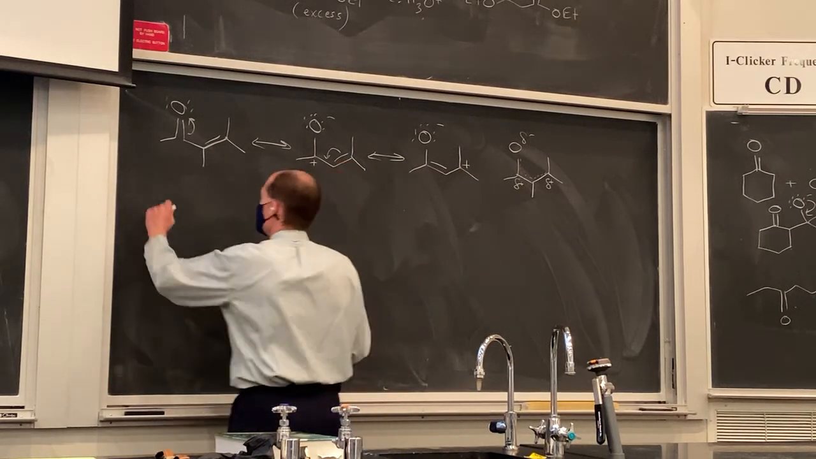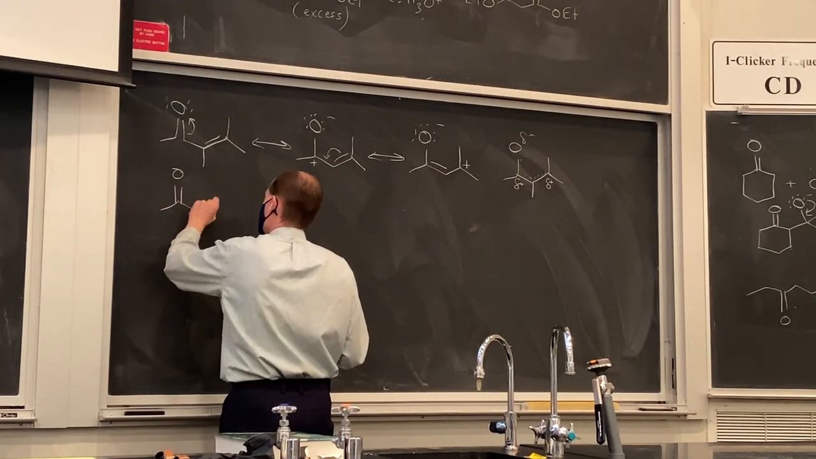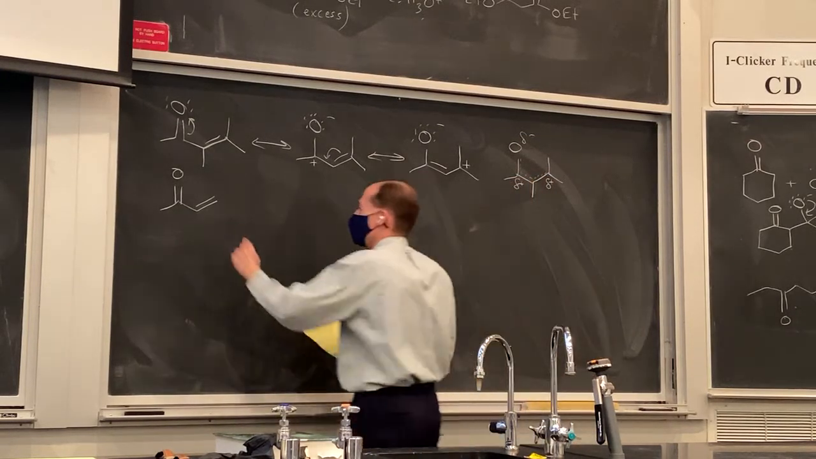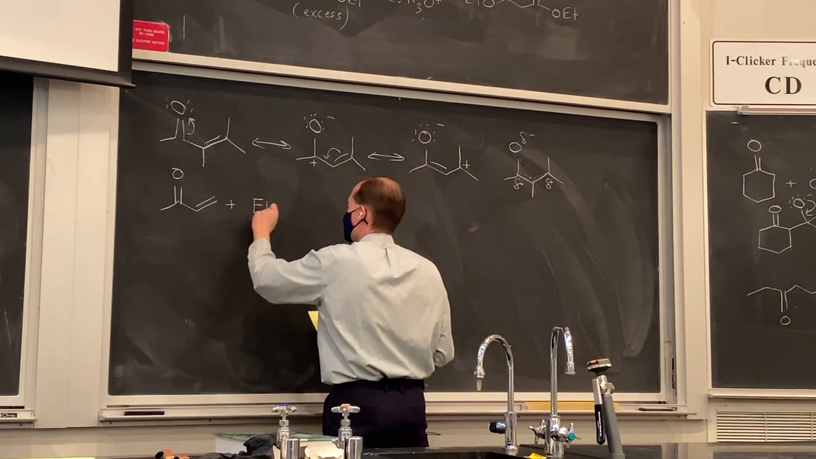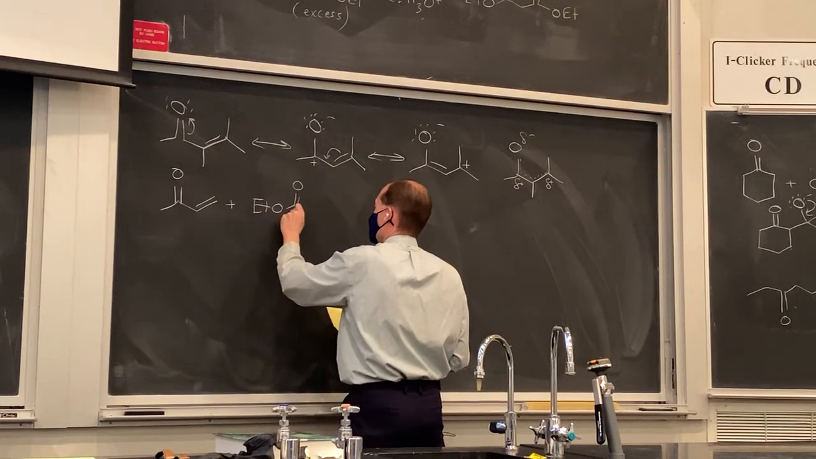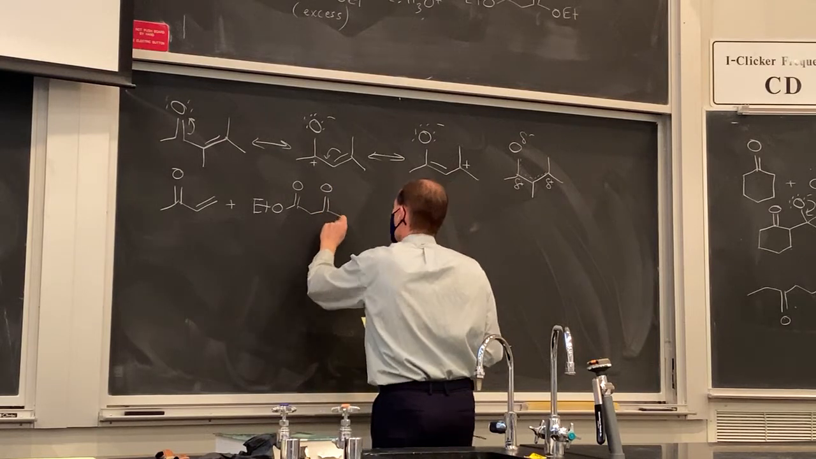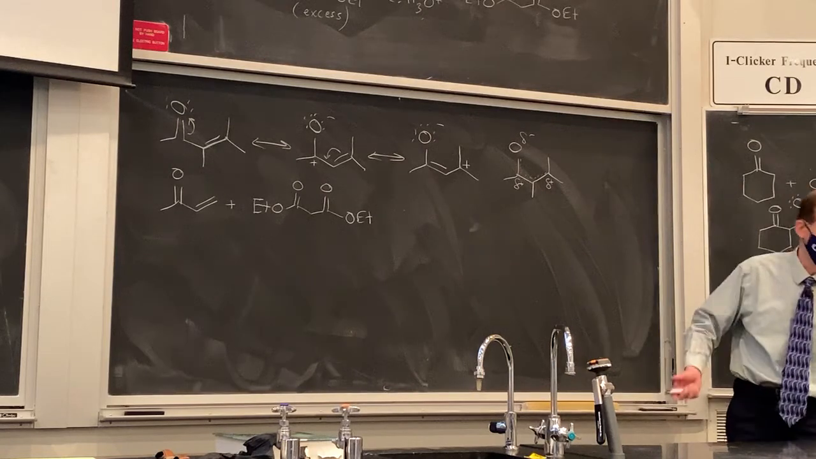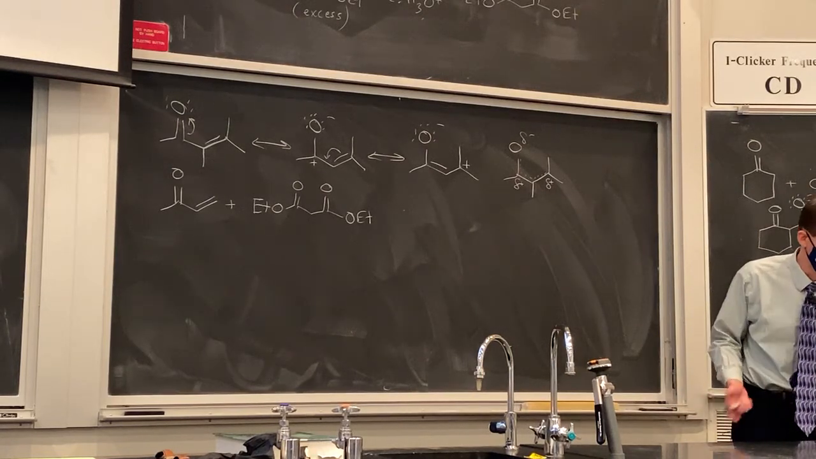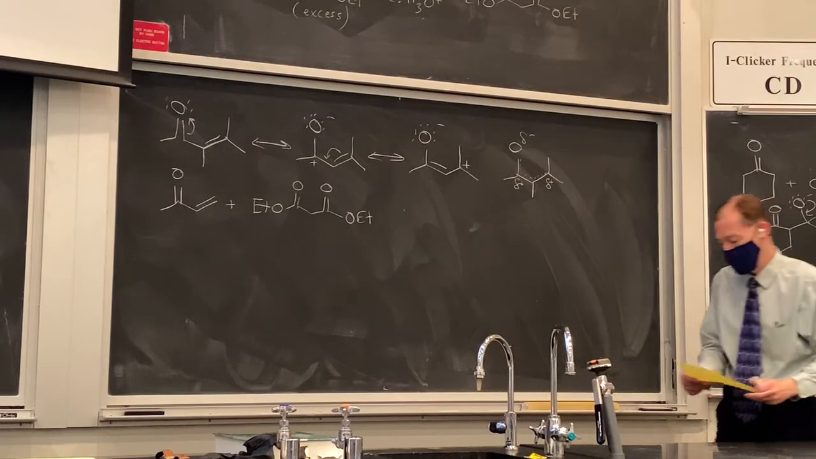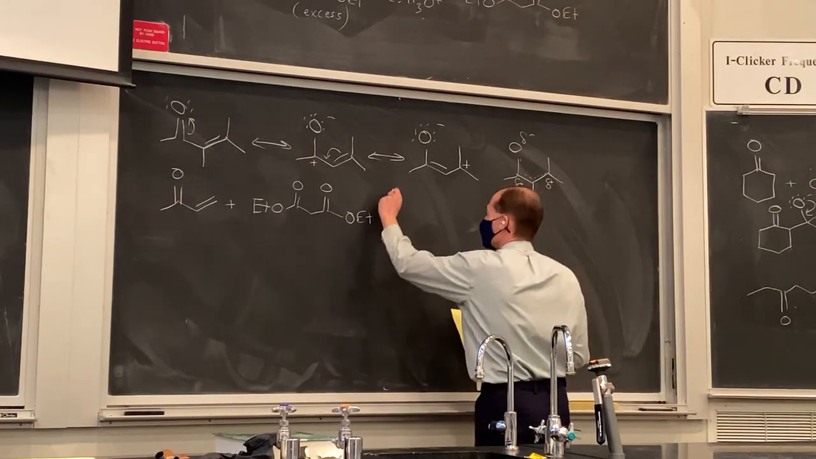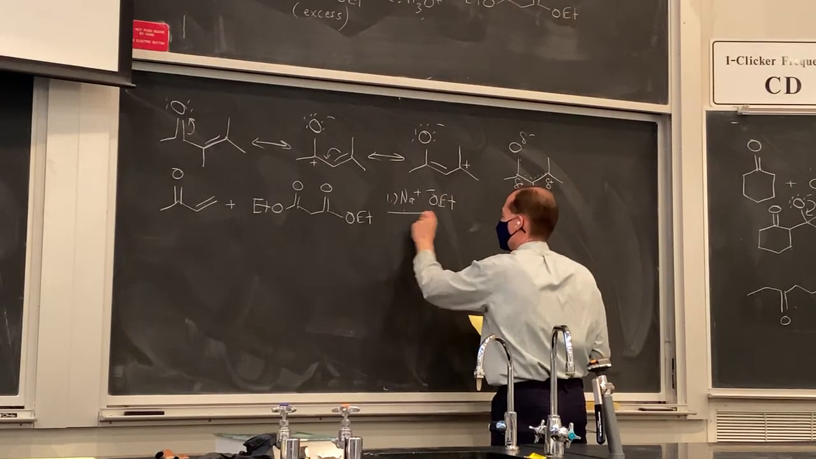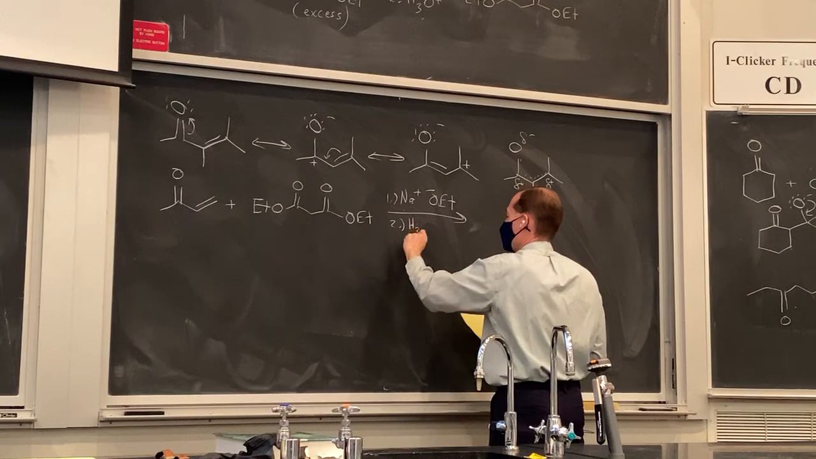So we can take our simplest alpha-beta unsaturated ketone. It's called methyl vinyl ketone. We can react that with a compound that can make enolates. Usually we either use a ketone or we use a 1,3-dicarbonyl compound. The 1,3-dicarbonyl compounds are more common, so that's what we'll use in the examples we'll show you. We use our sodium ethoxide, and then we add our acid,